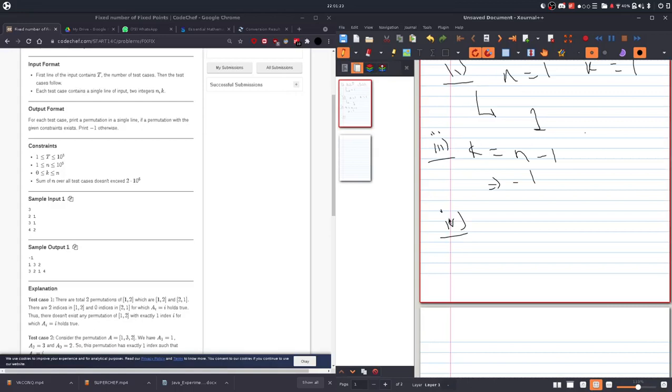Now the fourth test case comes, where we're gonna check if k is not equal to n minus 1, which means the other values of k. So at that time we're gonna run a loop till the value of k. So let's say we're gonna run a loop from i to k itself.